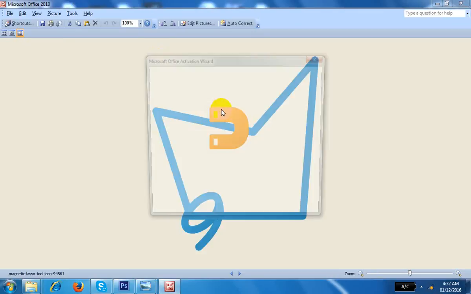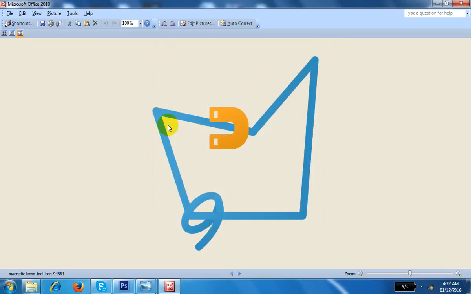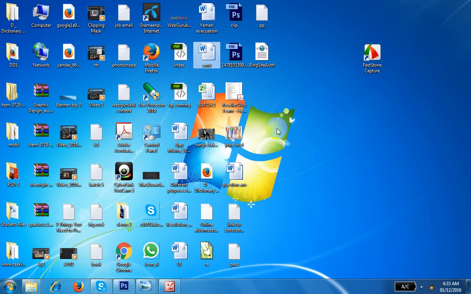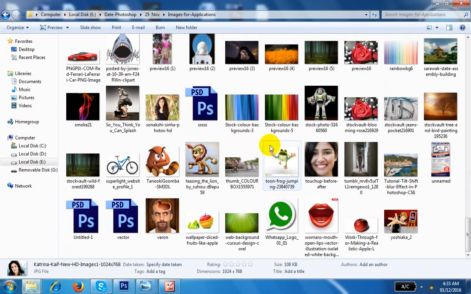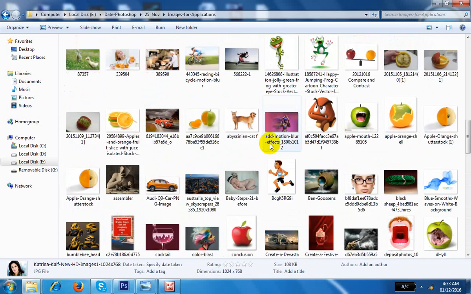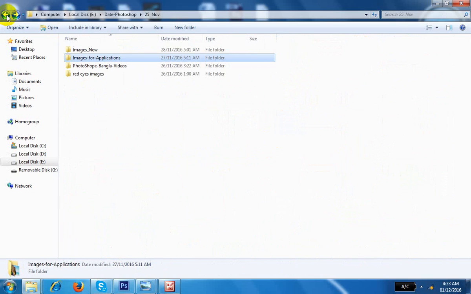ये आपको व्हाट्सएप पे इमेज डाल के मिल जाएगी, है ना. This is the image of polygonal tool. Sometimes people will make this graphic and there is a fill in the blanks which is this tool. So you have understood this is polyline. A straight line is called polyline. Okay, so what is the uses of polygon tool? In the Photoshop, what is the uses of polygon tool? That I will show you.